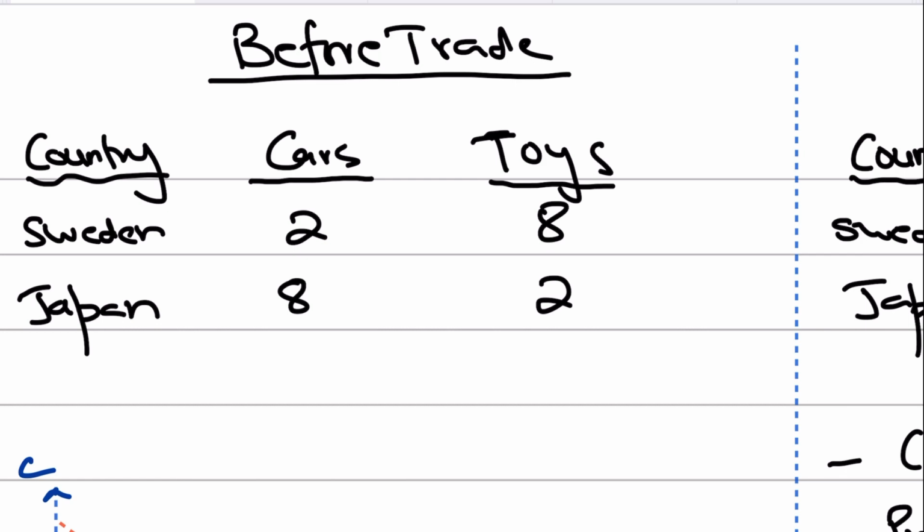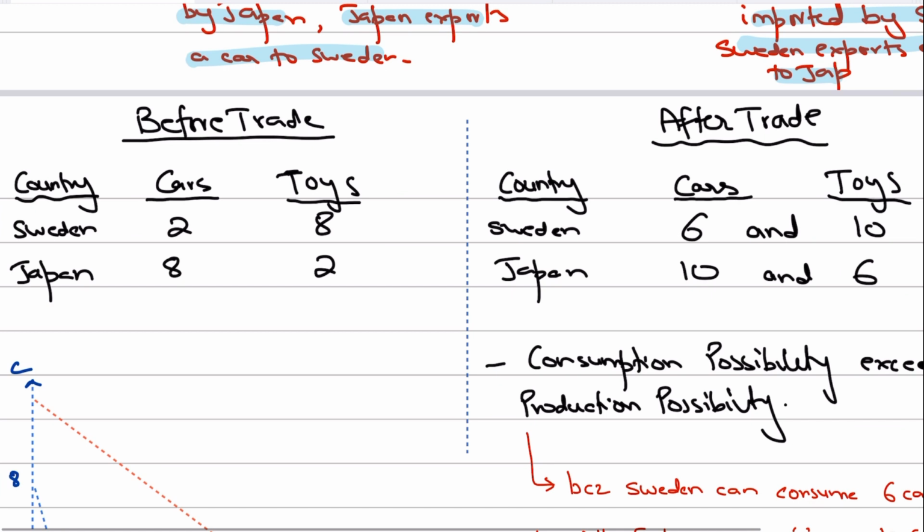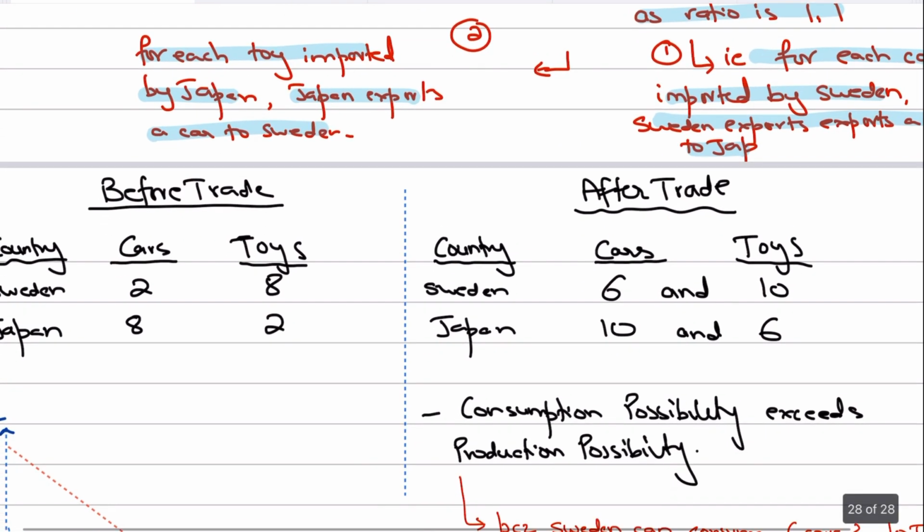While Japan, on the other hand, had to forgo 2 toys for 8 cars, and for 8 cars, it had to forgo 2 toys, right? If we look at Japan, but now after trade, these are the same values that I've copied from here. These are the same values, and if you look at the after trade position,